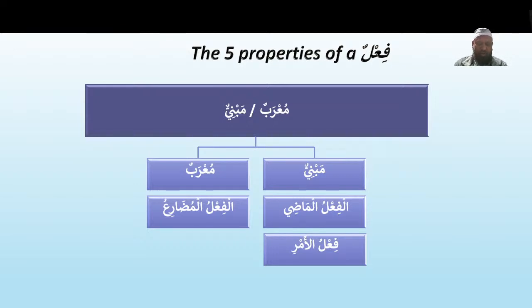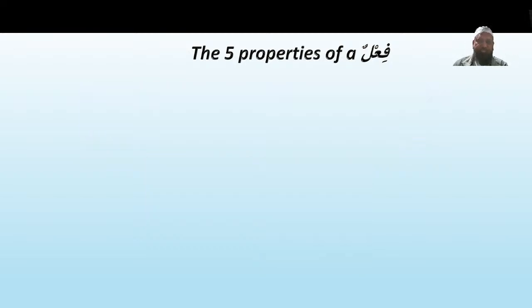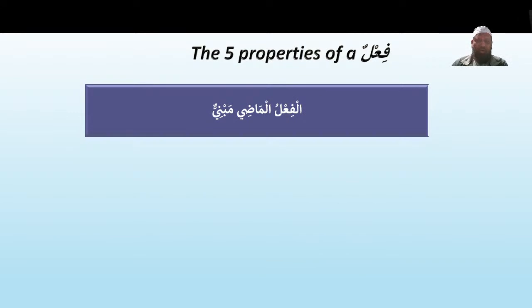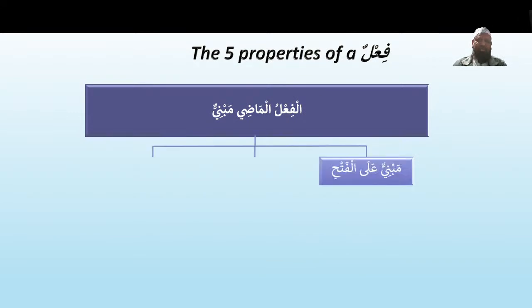Remember, fi'l mudari' will go into the marfu' slot. Fi'l mudari' will go into the mansub slot. And fi'l mudari' will go into number 3, the majzum slot. Al-fi'l al-madi and fi'l al-amri, never. They don't go into one of the slots because they are mabni. Al-fi'l al-madi is mabni. The three types of fi'l madi can be mabni on: